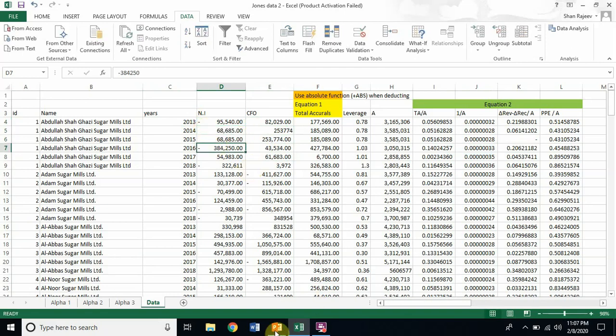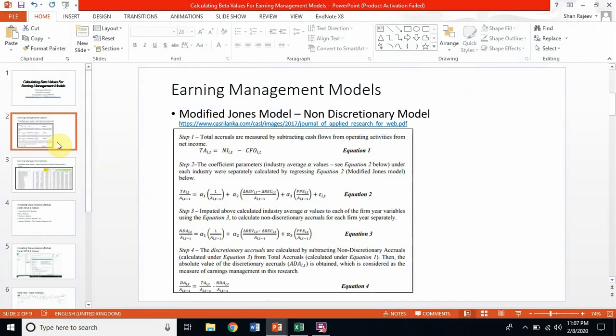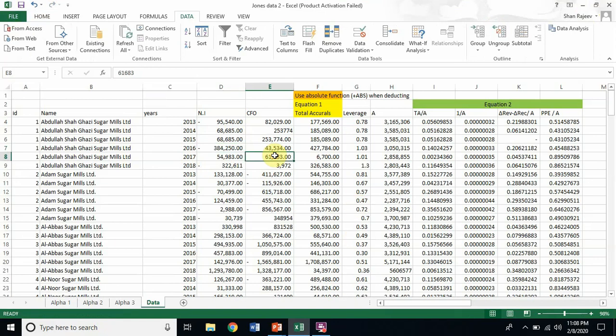But when you are calculating, for example, go back to the Excel sheet. Let's go to this slide number 2. Here you have some subtractions. In order to calculate the total accruals, TA, we have to deduct CFA from NI. So in this case, if there is a negative value, that would be a problem. So in order to avoid that,